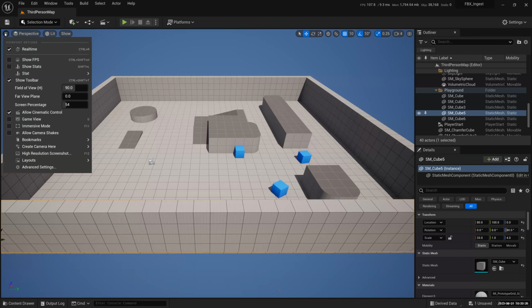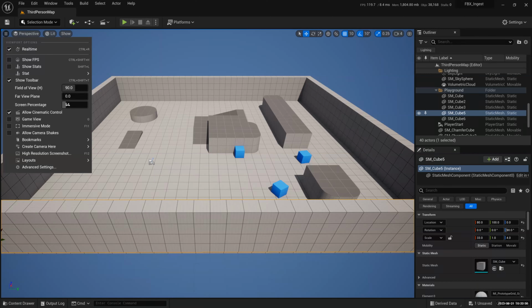If you click on it, there's something called screen percentage. You can change it to a lower number, so you will have a higher FPS. We don't normally put it at 100%, except if you want to do a screen capture. But if your machine is lagging, change this to a low number. Mine has gone to 54 for some reason, so I'm going to leave it at 54 for now.